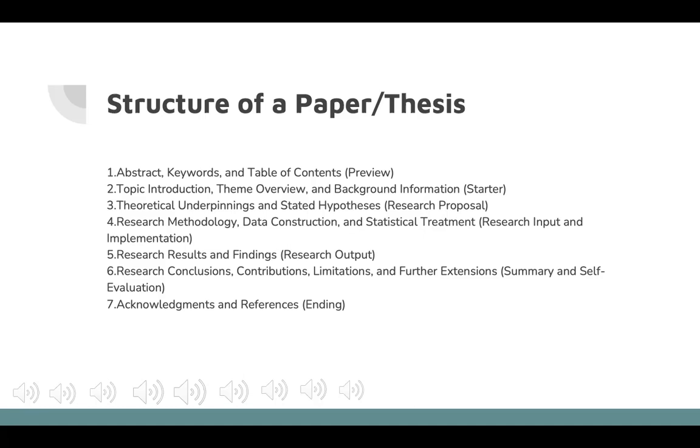So if you're writing an empirical paper, you need a section on theoretical underpinnings. You need mathematical representations, some equations, formulas to specify your variables of interest and to specify your regressional analysis. And also, you need to state clearly your research assumptions and specifications, especially if you're employing an econometric approach. And importantly, you state your hypotheses so that the readers can easily understand what kind of hypotheses you have and how you want to test them.